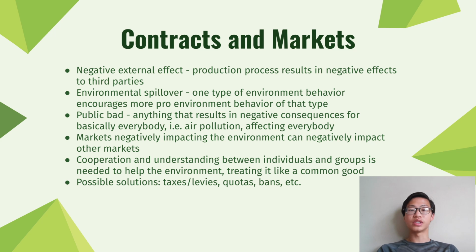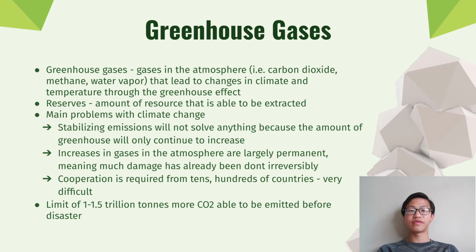It's also important for different markets to realize any possible negative external effects, which are when production negatively impacts a third party. For example, irrigation runoff from agriculture can contain pesticides that would severely affect the market of a fishery that relies on the now poisoned river. Possible ways to combat these are to set bonus taxes and/or quotas on environmentally damaging products and practices, and possibly even bans, such as on toxic chemicals like CFCs. The main way we damage the environment is through greenhouse gas emissions from industry.